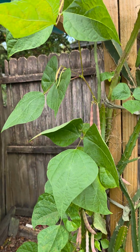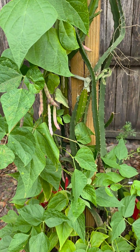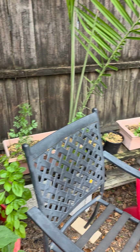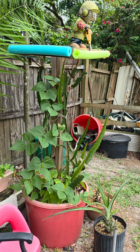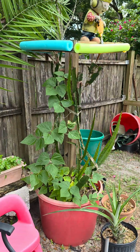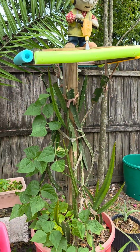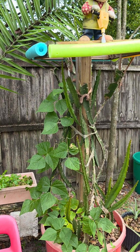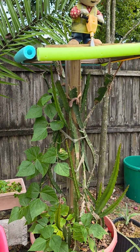So here's my black bean plant. Just really in good shape, this one. I have another one right over there, and Bob the Builder's up there guarding them. Bob the Builder is my scarecrow. Keep him around to keep the squirrels away from the vegetables. He's not doing a good job though, but yeah, nowhere else to put him, so might as well leave him